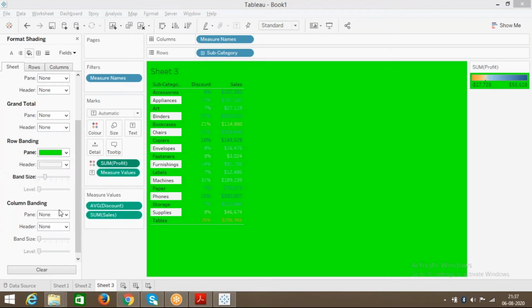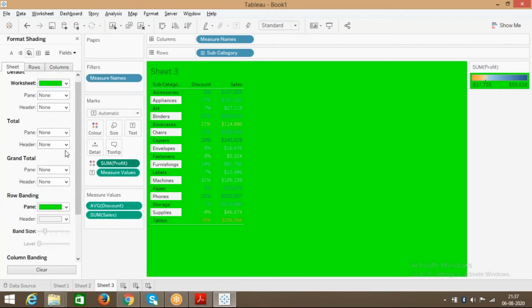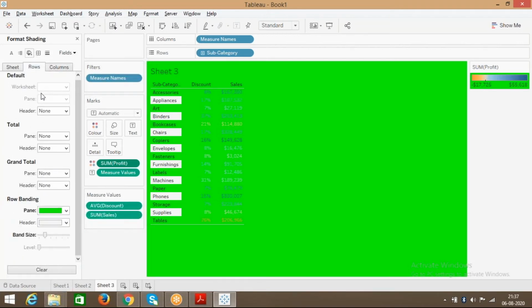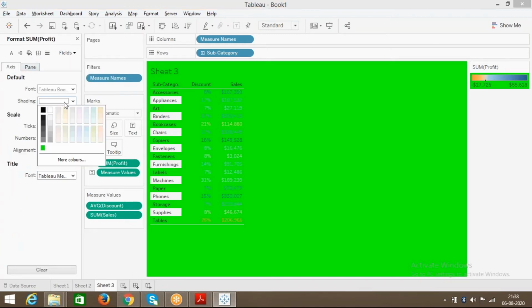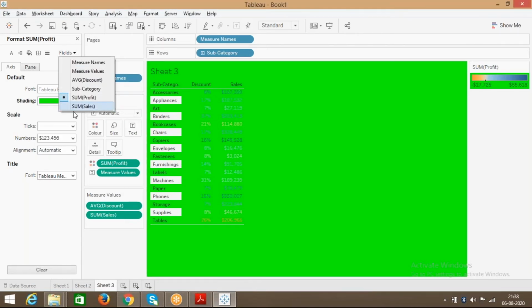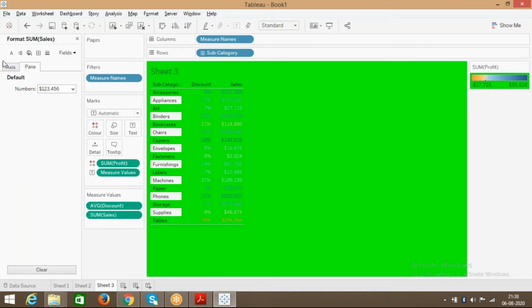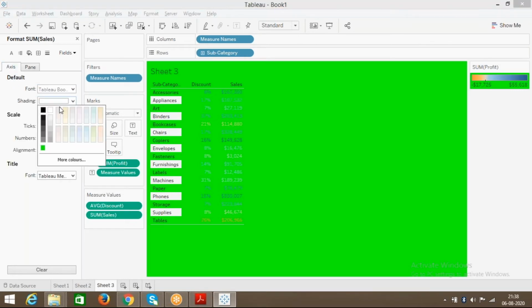This is a row banding, column banding. Here, column banding, profit, shading, sales, shading.